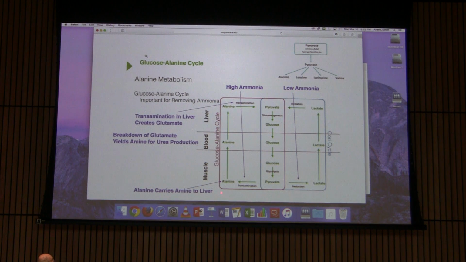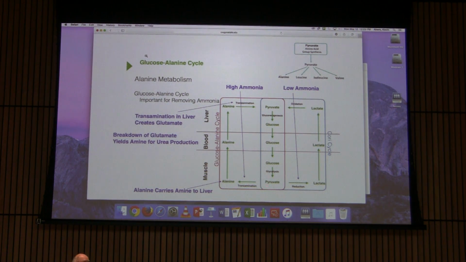Well, there's a similar and related cycle that occurs in the body. The Cori cycle, which I described to you, is shown on the right. There's pyruvate going to lactate, lactate going to the bloodstream and back up to the liver, where it becomes glucose, and the Cori cycle goes over and over and over. A related cycle occurs in the body relating to the movement of amines in alanine, and it's called the alanine glucose cycle. The primary difference with this cycle is it involves transamination for movement of the amines, and the intermediate